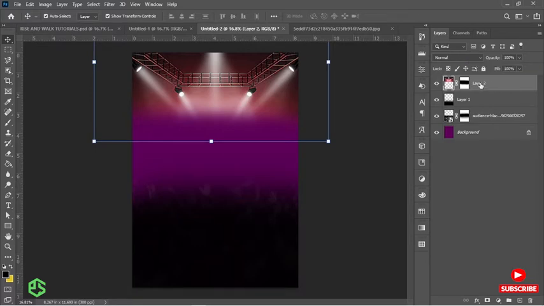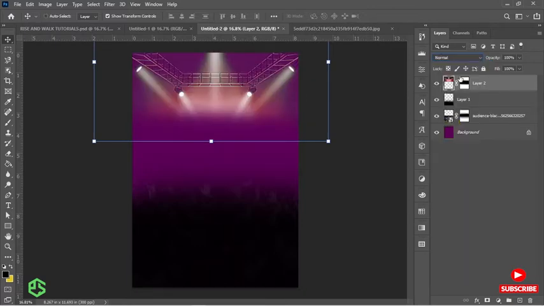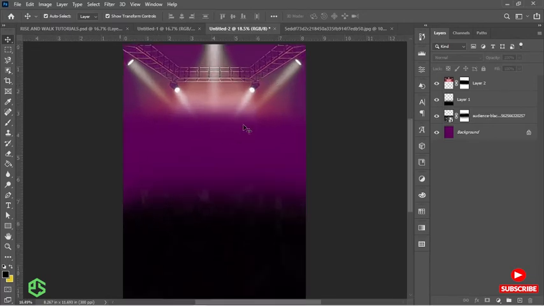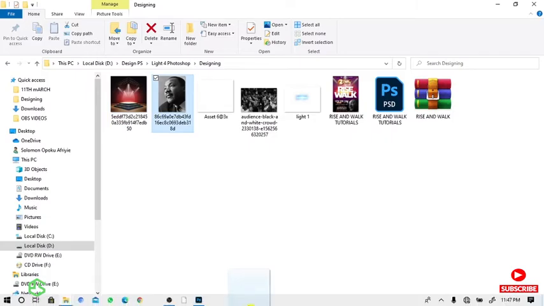So with this layer selected, I will change the blending mode to lighting, and you see before, after. You see the difference? Okay, so we are building our background, and this is where you have gotten to. Then from there, I'll go back to my resource file, bring in my picture man,